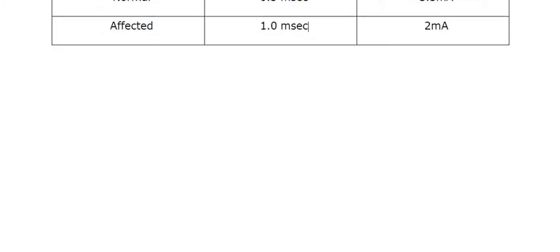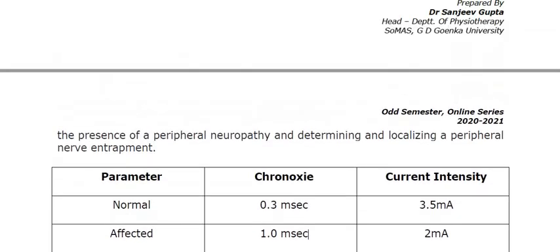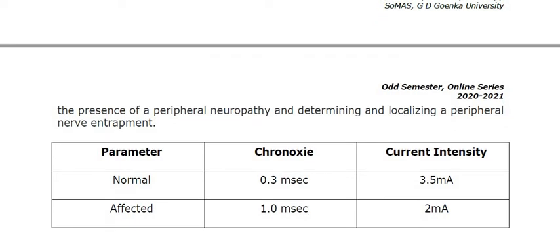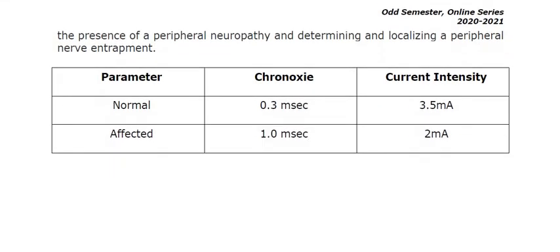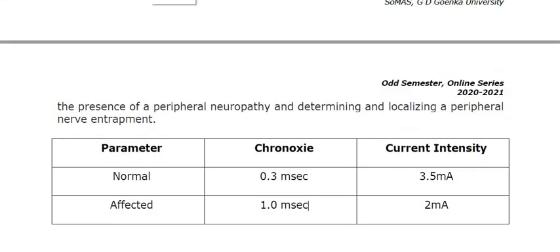So students, this completes your electrodiagnostic testing. Number one, we did the FG test, then we did the strength-duration curve test, and now we have done the accommodation test, and we have done the nerve conduction velocity test. We will be continuing with even higher and more complex testing clinically by electrodiagnosis in our coming classes.